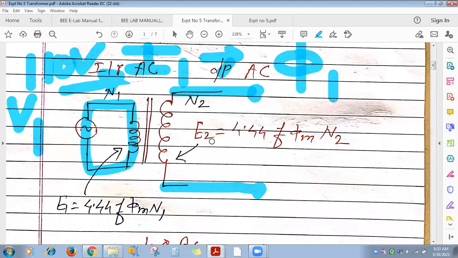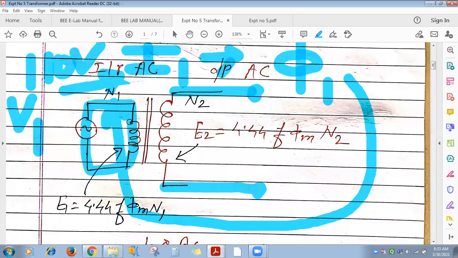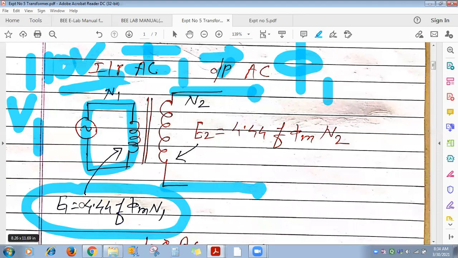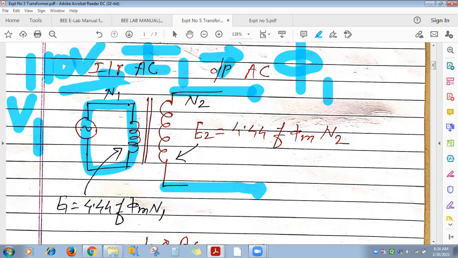Got it? Now what will happen? That was about E2. Now this changing flux which is produced by I1 is also coming in contact with the N1 turns, which are stationary. So as per Faraday's law of electromagnetic induction, EMF will also get induced in the primary winding turns. You will derive in the third unit that the EMF induced in the primary winding turns is capital E1, and its formula is 4.44 f phi m N1. All these parameters on the right-hand side are constant, and that's why E1 remains constant. Now E2 gets induced in N2 and E1 gets induced in N1.